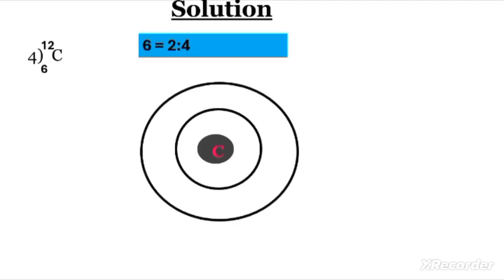Okay, so the first 2 electrons will be accommodated in the first shell. Then the last 4 electrons in the outermost shell or in the last shell. Okay, so we have written the electronic configuration. We have also drawn the electronic configuration. Let us move to the last